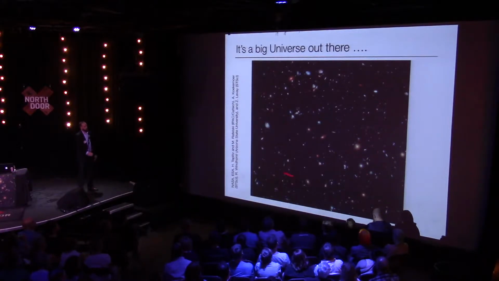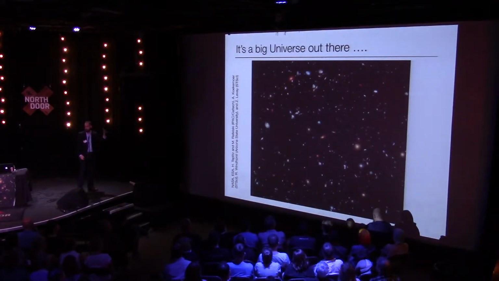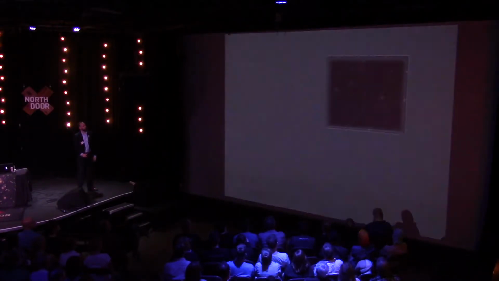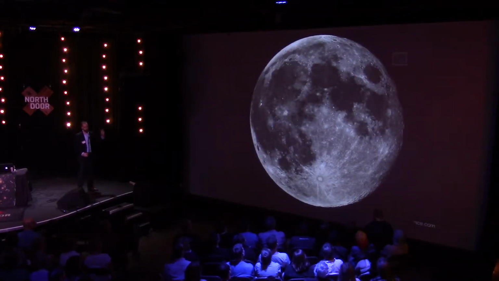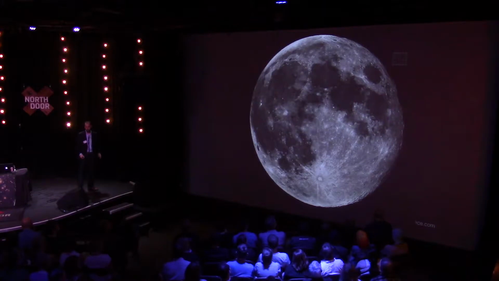So this is about how big a field picture that Hubble can take at any given time. And it looks pretty impressive if you look at that. There's a ton of galaxies here, right? They're at all kinds of different distances, so light has taken all kinds of different times to reach us. But I think it's important to get a sense of scale. If you compare that to the size of the full moon, that's how big the Hubble field of view is. So when you see a picture from the Hubble Space Telescope, you're seeing something that's about this size typically relative to the size of the full moon. It's a very small portion of the sky, and it's a big universe out there, right?